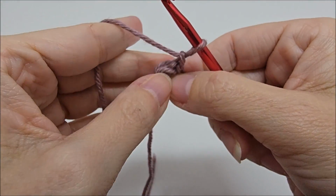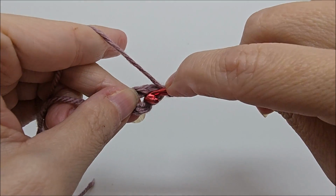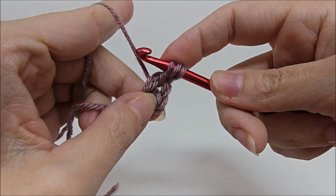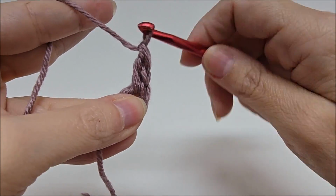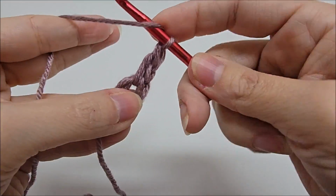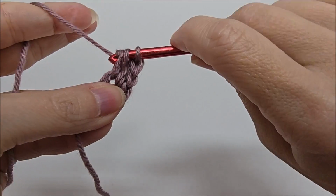All right, so we're going to work 8 double crochets through the center of the ring. So we're going to yarn over and put our hook through that ring, grab our working yarn and pull it back through, and then we are going to work a double crochet. Since that chain 1 does not count as a stitch, we have worked 1 double crochet. And we're going to continue working 1 double crochet through the center of the ring until we have a total